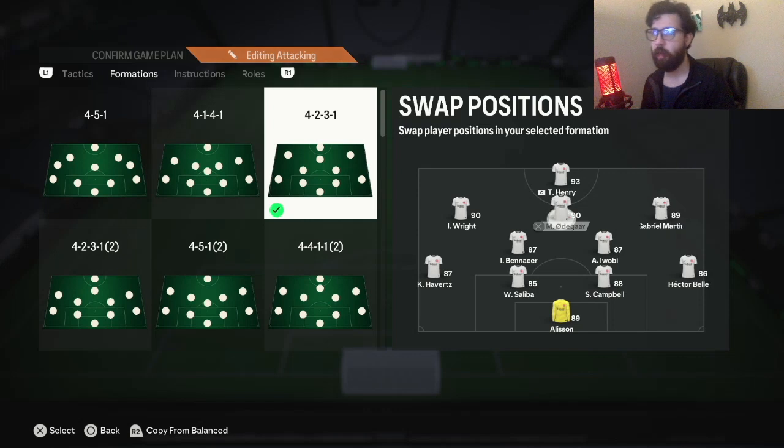Wingers, or your left CAM, right CAM, they act as wingers. Just make sure you have fast pacey wingers. I was trying to play slower wingers here and try to go for finesse shots and stuff like that. It didn't really work out for me, just because everybody was playing like the 4-1-2-1-2 narrow or the 4-3-1-2. So I just decided to put fast pacey wingers, complete the SBCs, Wright and Martinelli,